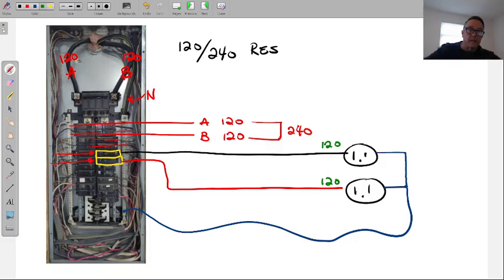Now, these two are outlets. This is not a load, but this is the point where the loads plug in. So let's put some loads into this. Let's plug in a load of any kind. We'll just put an L here. And let's say when I plug this in and turn it on,